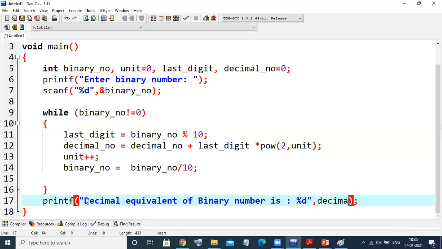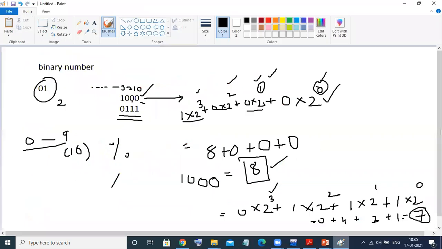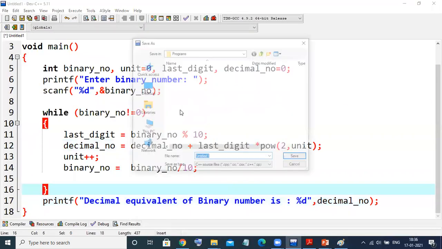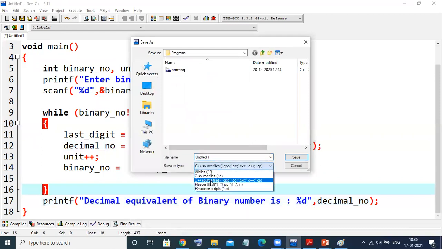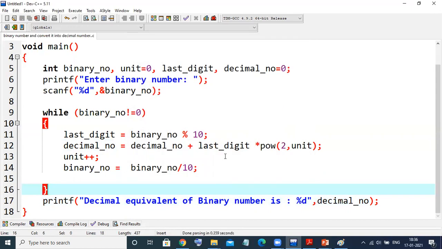The answer is in decimal_number. That's it. So simple logic, right? Whatever I explained here, we have just converted into code. We'll save this. Hope for the best, it will run without any error. But if any error comes, no issue, we'll solve that also.